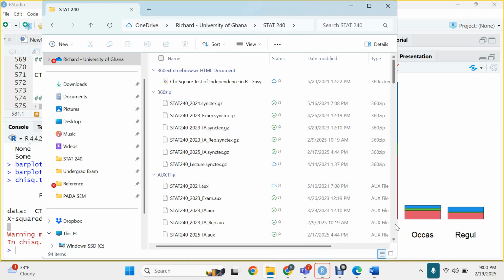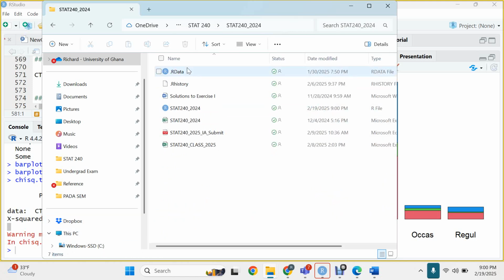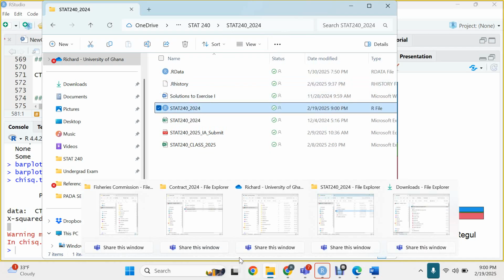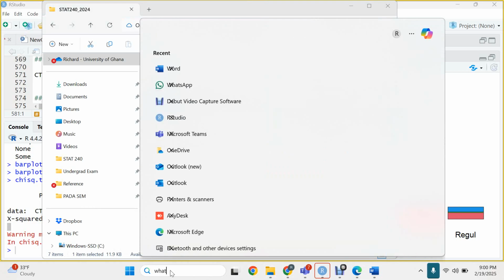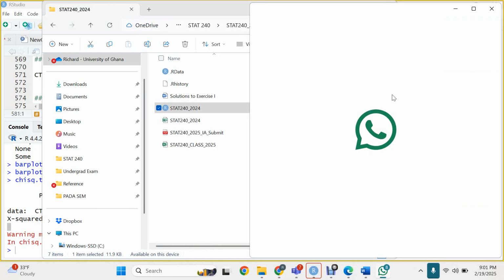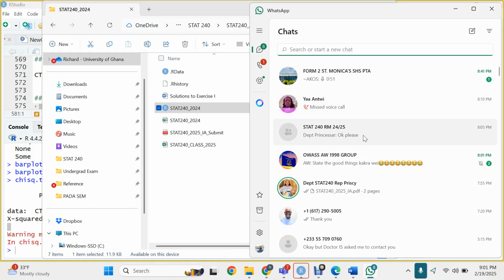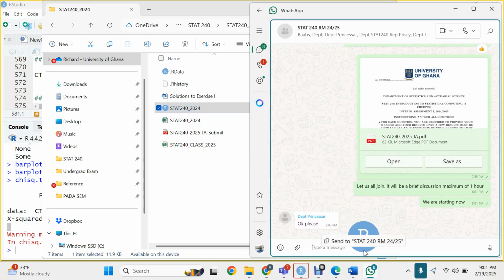I think March 9th will be the last day for the main exam. So when they start the resits, then we do it. Is that okay? Okay, sir. Yeah, I'm fixing the date. Once I get a date, I'll send it out to you anyway. Once we start the resits, we will have the